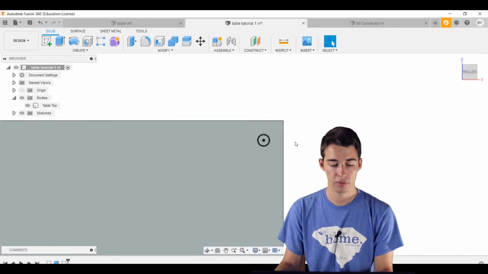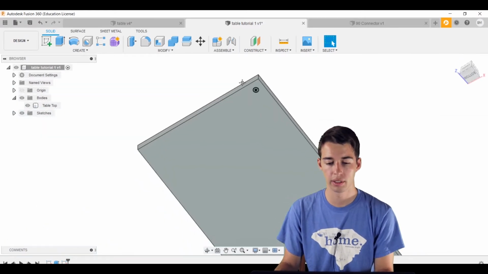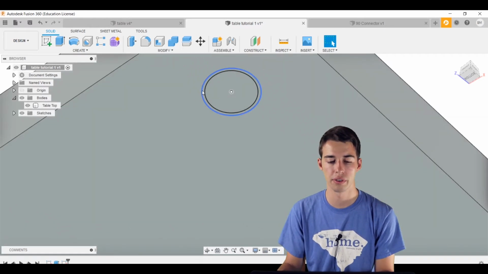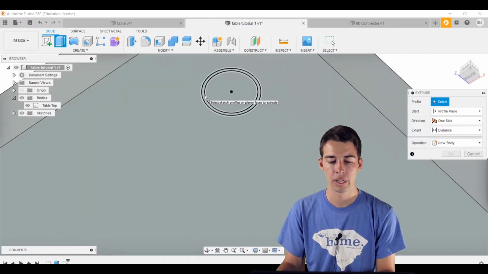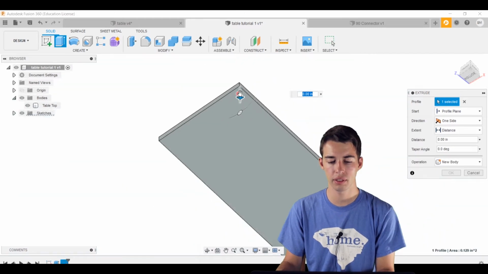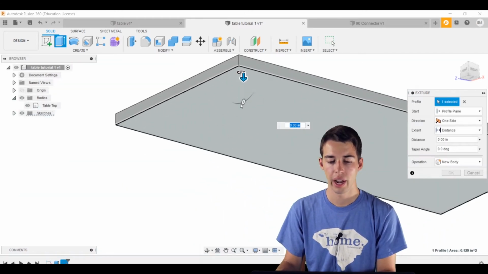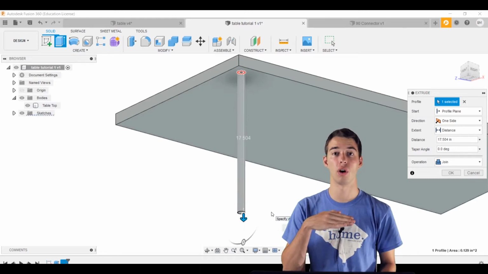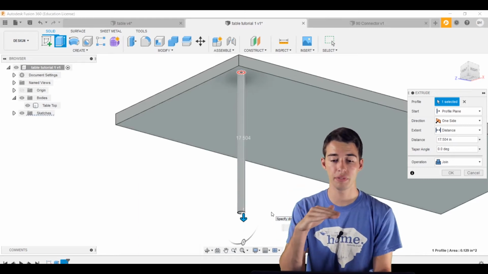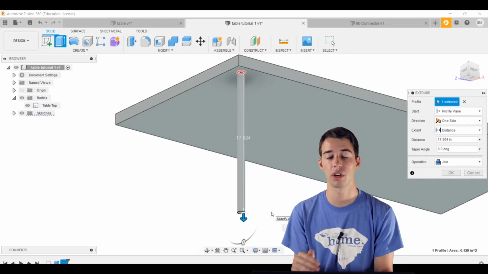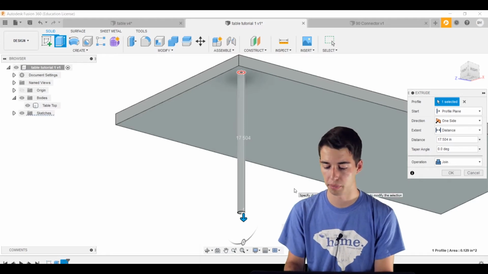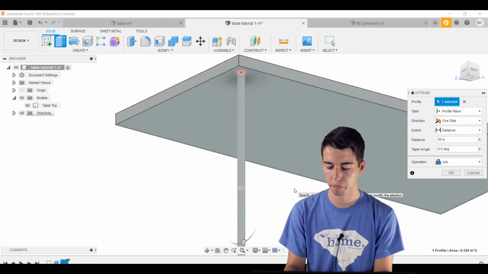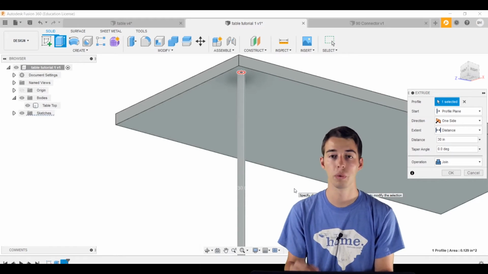And then from here, what we're going to do is pull that cross section away. So we're gonna do another extrude command, clicking this ring surface, this ring profile, and then pull this down a little bit. And then what we want is we want our whole table top surface, the top surface, to be 30 inches off the bottom. So we're gonna do 30, and then we're gonna do minus,